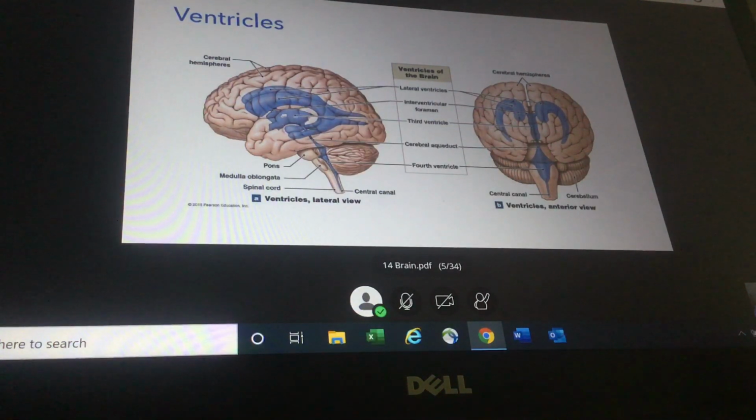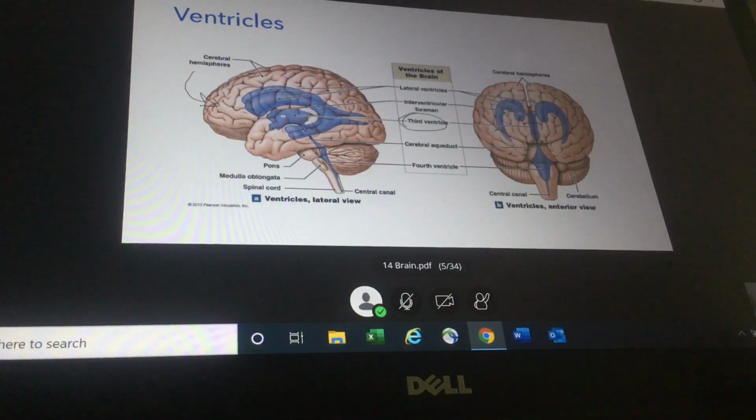So those ventricles, those spaces, there actually are 4 of them. The one that we were looking at before is this space right here. This is just kind of highlighting the ventricle itself. And that's kind of what it looked like from the side. But if we rotate the brain so that we're looking at it from the front, that same little ventricle you can see it's actually really thin and flat. It sort of just fills that space between the two cerebral hemispheres. And it's the third ventricle because it actually receives cerebrospinal fluid coming from these other 2